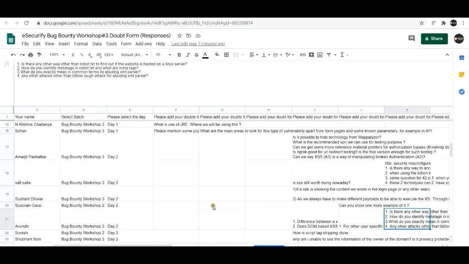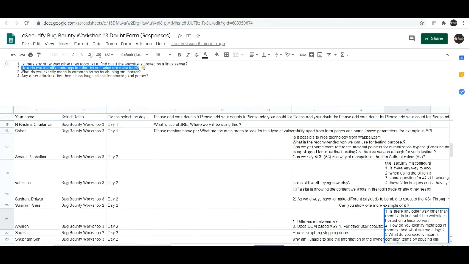It's simple. How do you identify meta tags in robots.txt, and what are meta tags? Meta tags are a kind of HTML tag, and in that meta tag you can define a lot of things. Like you can define if you want some referrer or no referrer, and if you want this particular page to be indexed on different search engines.